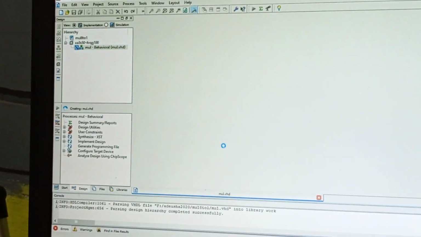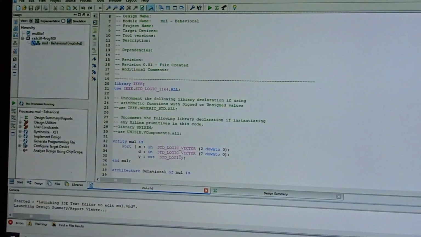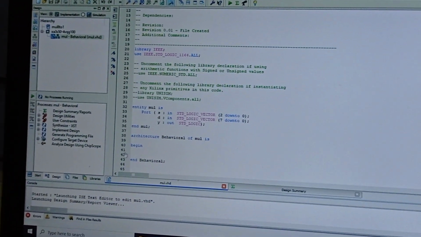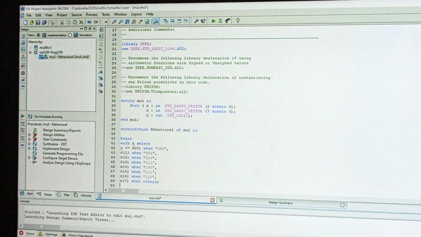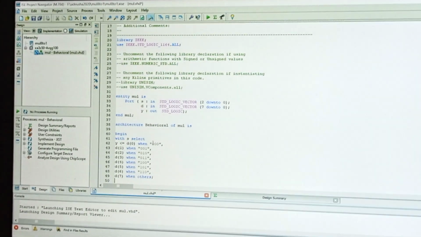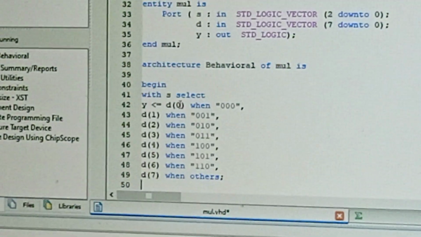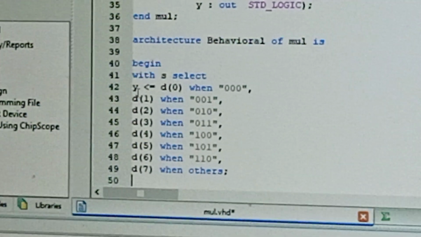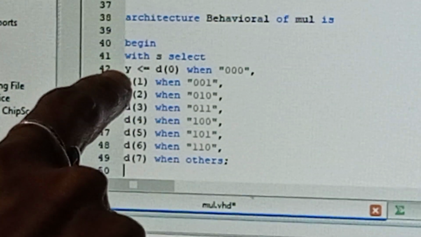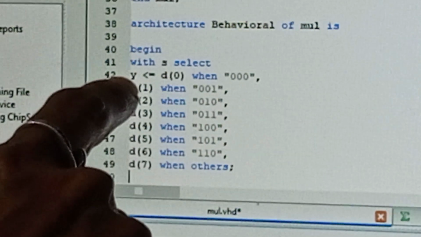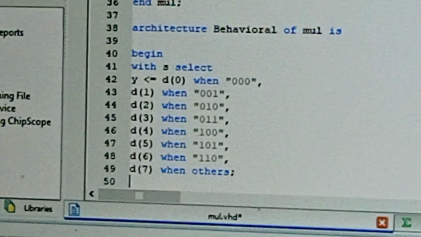If the select line is 3 bits 0 0 0, then the data line selecting D0 is for output Y. For this, with S select Y, we are checking the output, that is Y. Y is D0 when the select line, that is the control input, is 0 0 0.